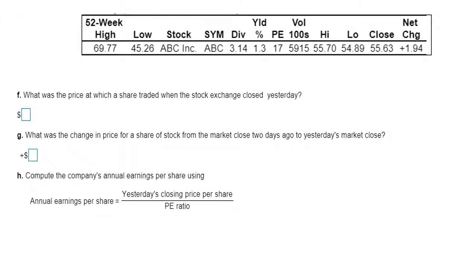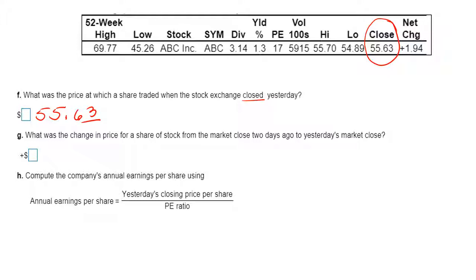Going on with some other questions, what was the price at which a share traded when the stock exchange closed yesterday? Well, the key word is closed, so you would look for the word close, and that gives us, at the time the bell rang and trading closed for the day, your stock traded at